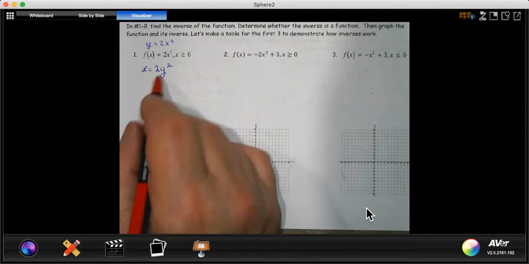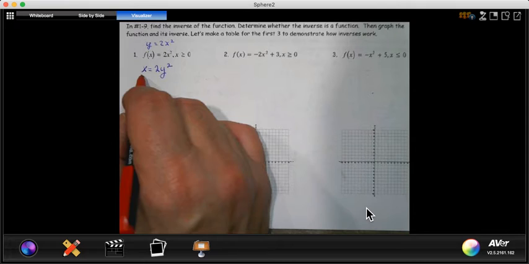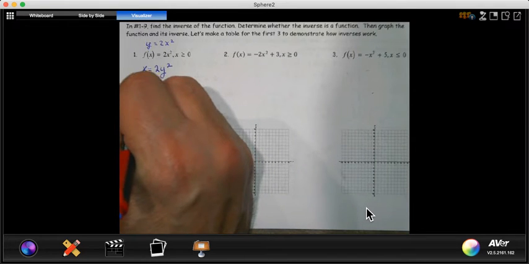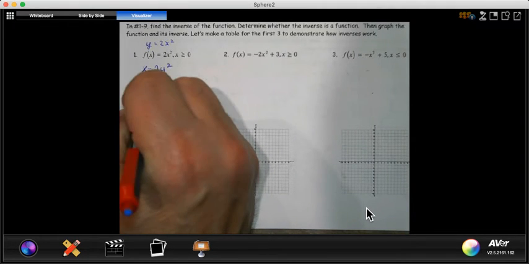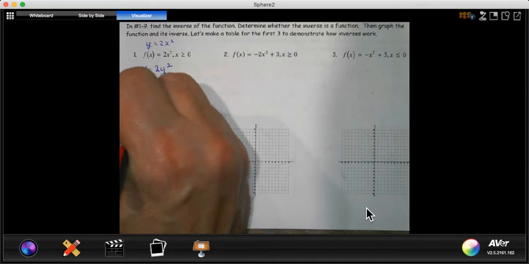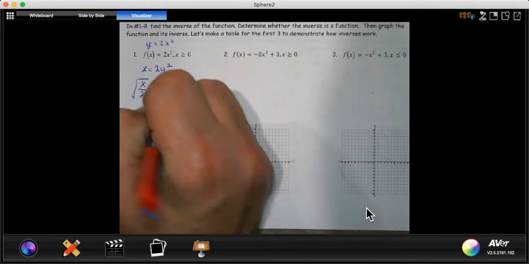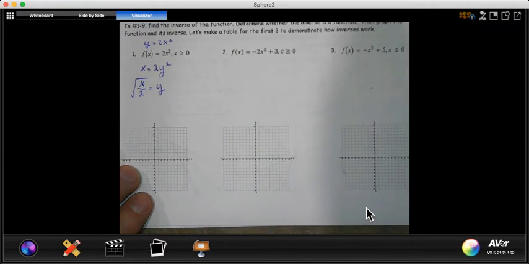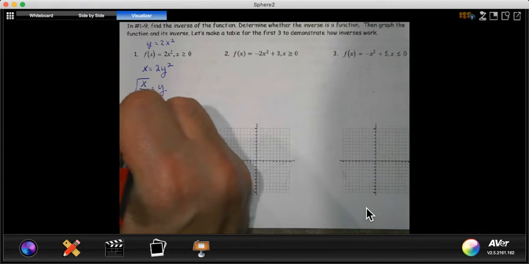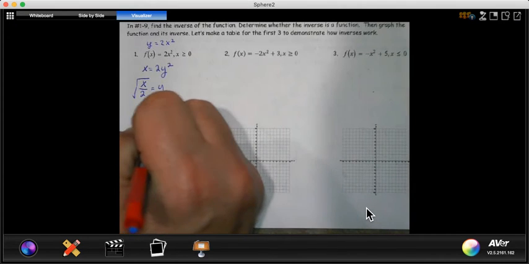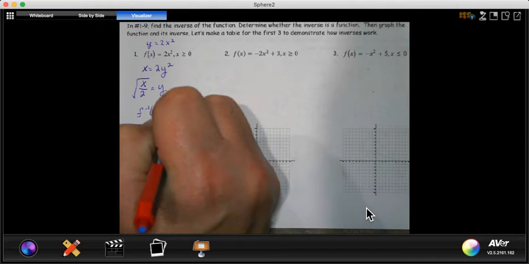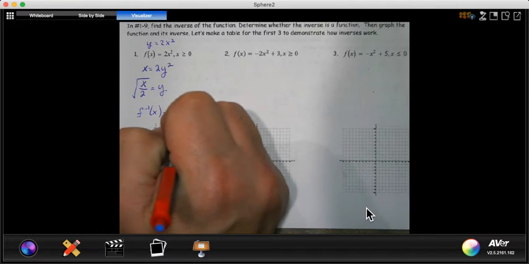And then now we need to solve for y. So we're going to divide by 2 and square root. So we get the square root of x divided by 2 is equal to y. And then we switch it around. So we write the inverse function is the square root of x over 2. And